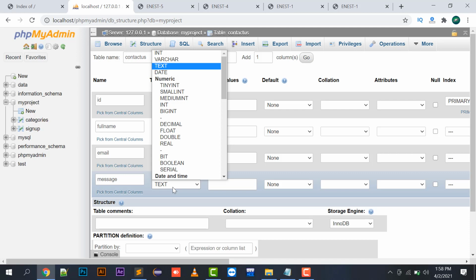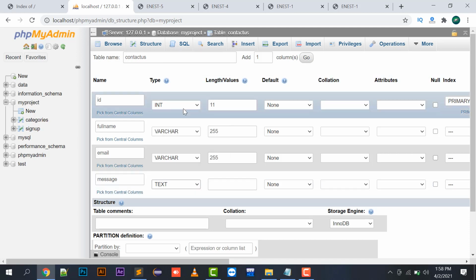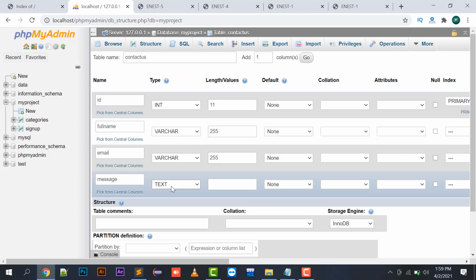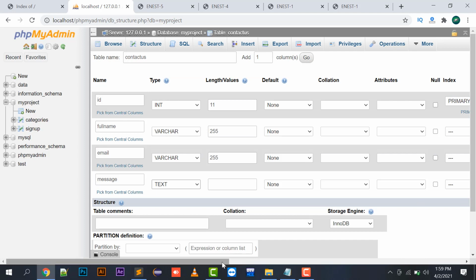If we are not aware of how much message the user is going to write to us, we can put the data type as text, because text has a variable length. There is no limit with text, where you have to input 255 characters or 500 characters. You can enter as many characters or strings in your message bar if you have placed the type text, right?